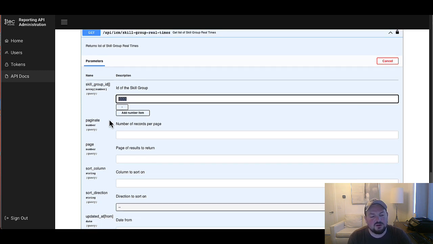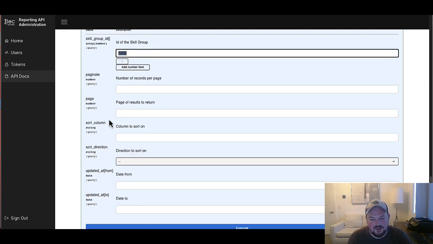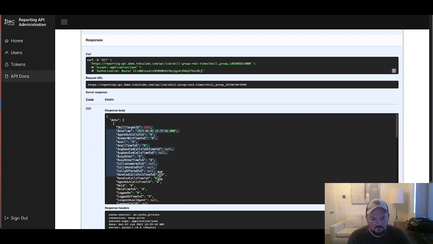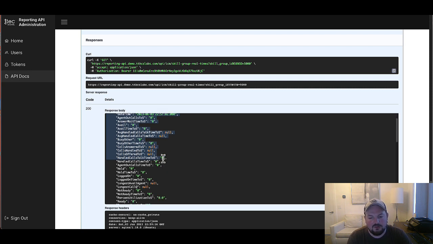So here I'm just going to plug in the ID of the skill group that I want to look ahead to, and I'm going to execute that. And here's my data. What's really nice about this is, from a response perspective, it's following the database schema. You're really getting what you would get out of this had you run a SQL query natively. So you can follow along with what all these fields mean just by looking at the database schema for Contact Center